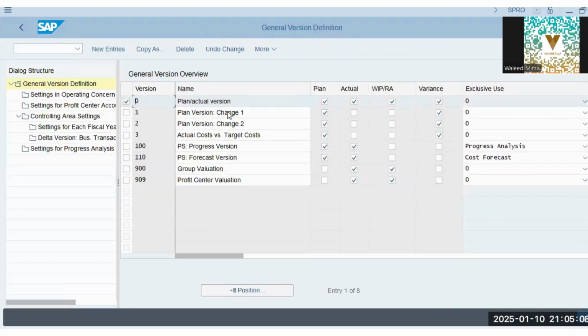Now, versions basically, we have different versions. Plan actual version, which will capture all the plan values, actual values, and work in process values, variances at the end of a month of a production period, and it will calculate work in process through production orders, and it will also plan the costing, and the actual values will be captured also. But we can have different versions for group valuation, profit center valuation. Okay, we can have different versions with different currencies for group valuation and profit center valuations as well, and we can change